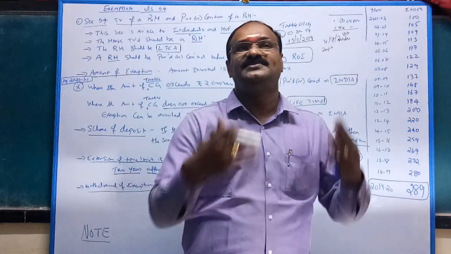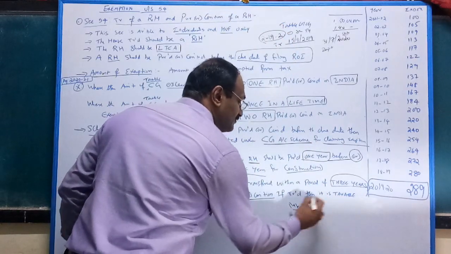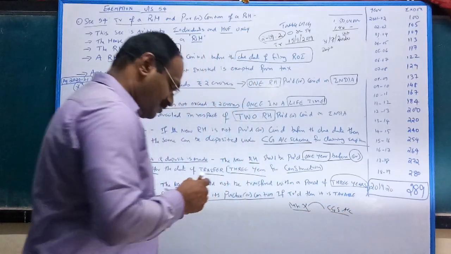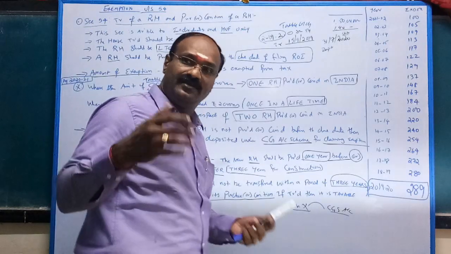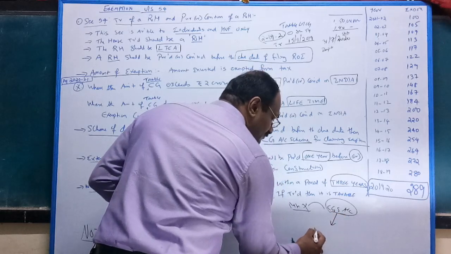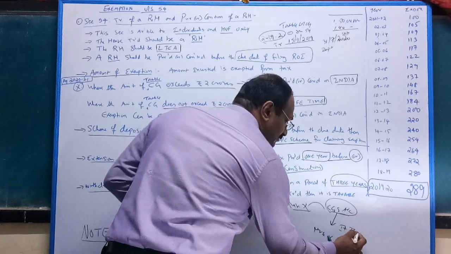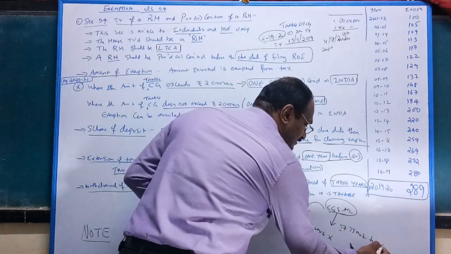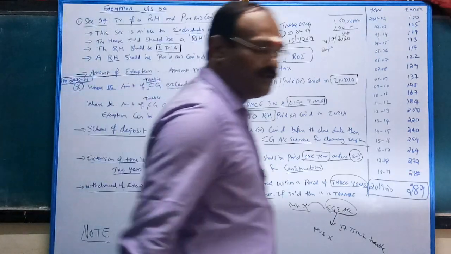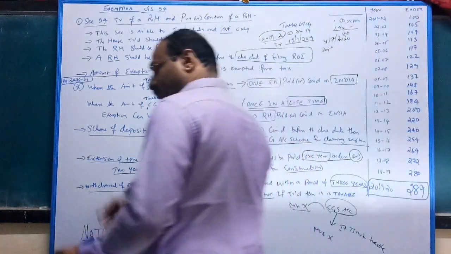Meanwhile, the assessee dies. For example, see, Mr. X deposited under a capital gain scheme account. Unfortunately, Mr. X died. The capital gain scheme account goes to Mrs. X. It is not taxable. It is exempted. Any doubt? So section 54 deals with transfer of residential house and purchase or construction of residential house.